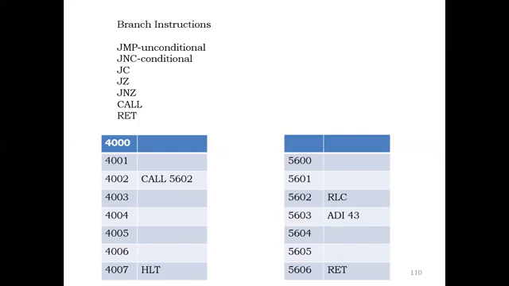Call is a reverse process. That means if you jump to a particular location, we cannot come back to the main program. In the call instruction we can come back to the main program. If CALL 8000, it will jump to the 8000 memory location, then execute the programs at the 8000 location. Finally, return, RET. After executing the opcodes in the 8000 memory location, it will come back to the previous memory location, like 6000 or 5000. That is the application of call and return.